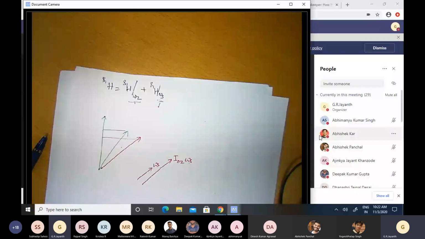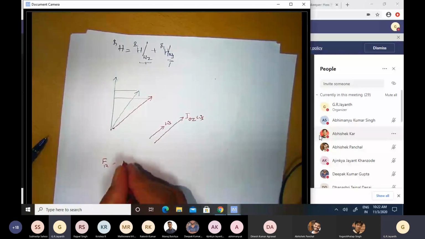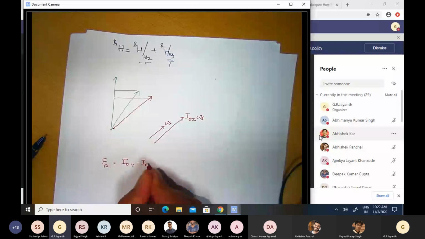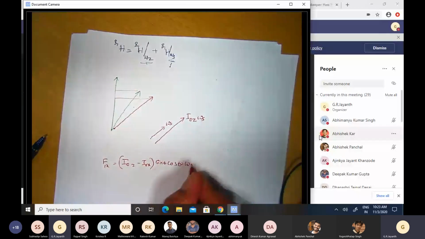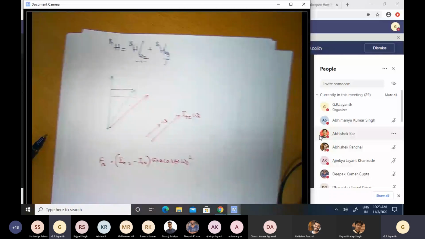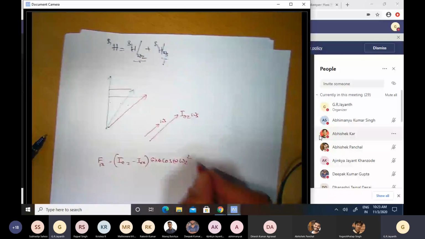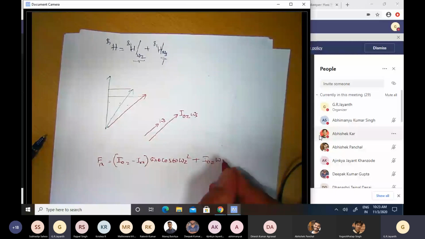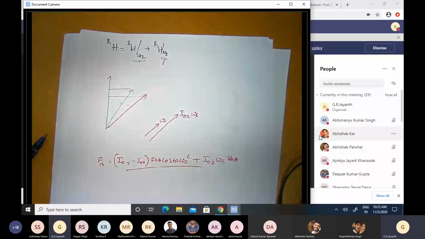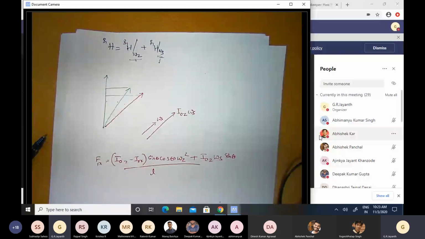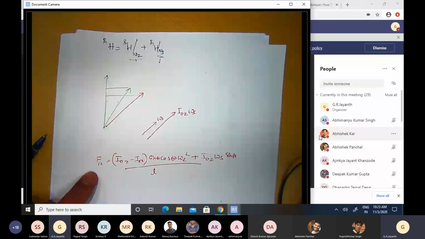And to cancel that, we need a reaction force F1x, which was given by (I0z minus I0x) sine theta cos theta omega z square, which was due to this first component here, plus I0z omega s sine theta, which is due to the new spin of this plate about its symmetry axis, divided by the spacing between the bearings, namely L. Then we asked this interesting question as to the circumstance under which this force becomes zero.